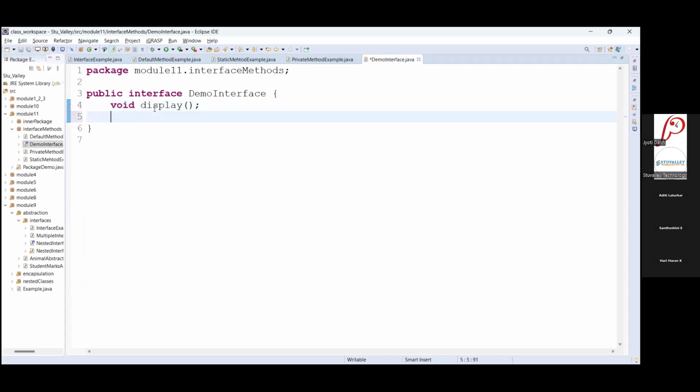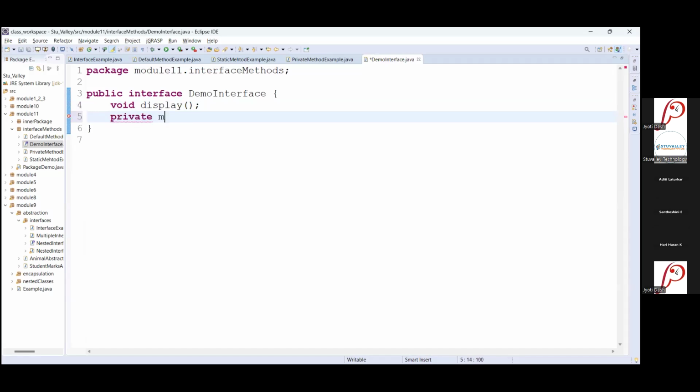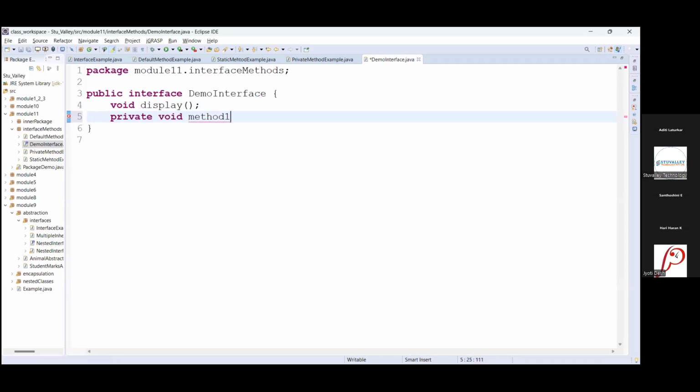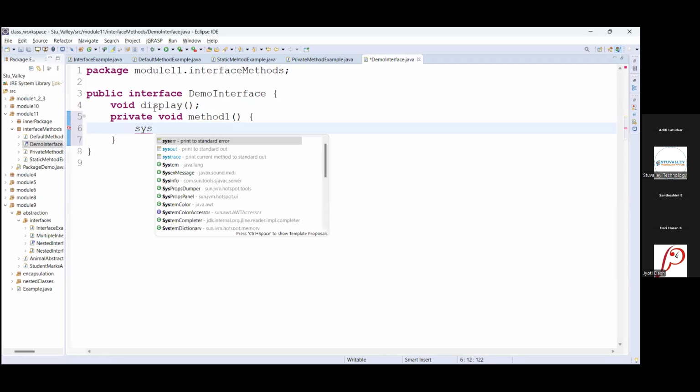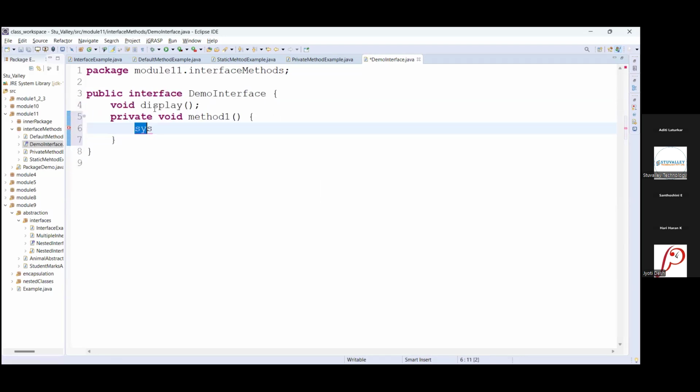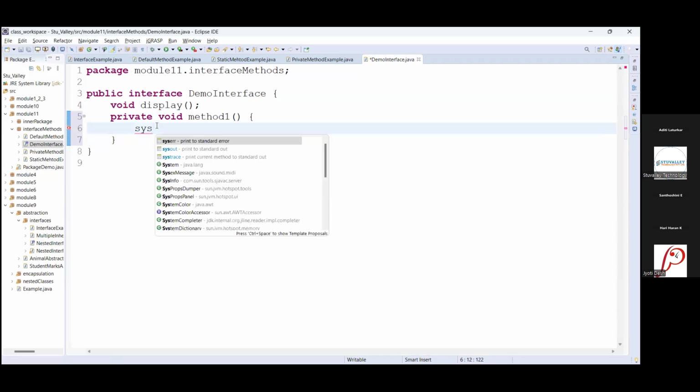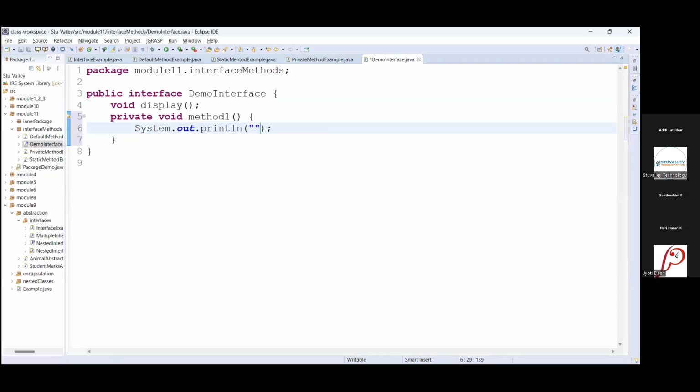Now I'm writing one private method, private method one. It is not going to return anything, so void is the return type. This is just to show you how it will get executed. System.out.println, private method one.